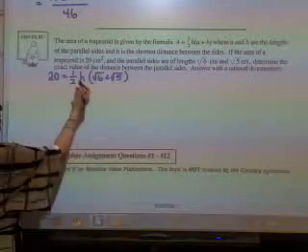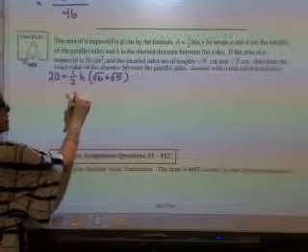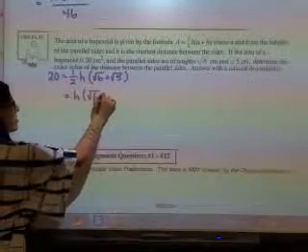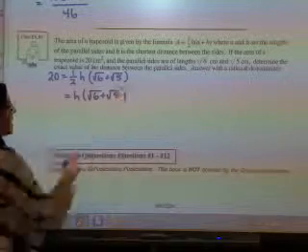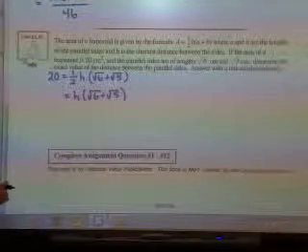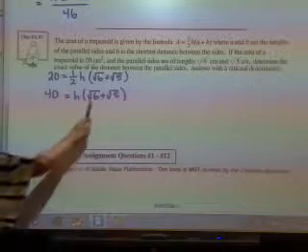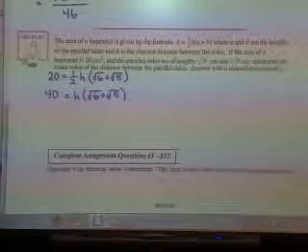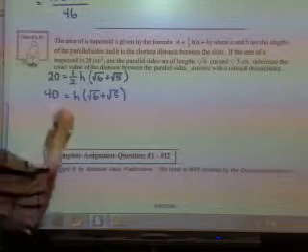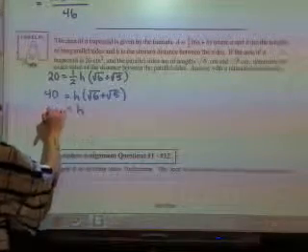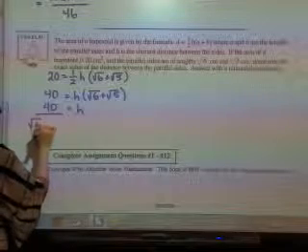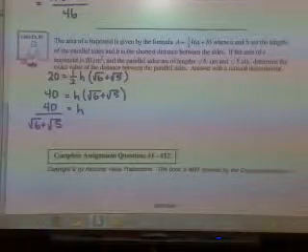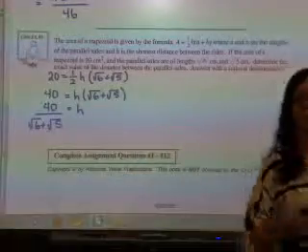Times by 2. So if I multiply both sides by 2, I'll get rid of the 1/2 on the right side. And on the left side, when I multiply by 2, I will get 40. And then how do I get rid of this root 6 plus root 5? I divide. So that's the value of h with rational or irrational denominators. If I want to make it a rational,